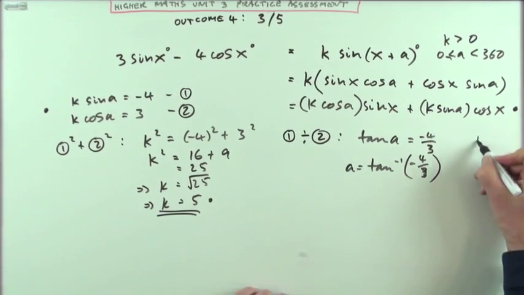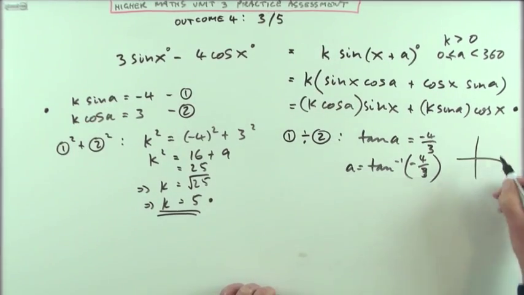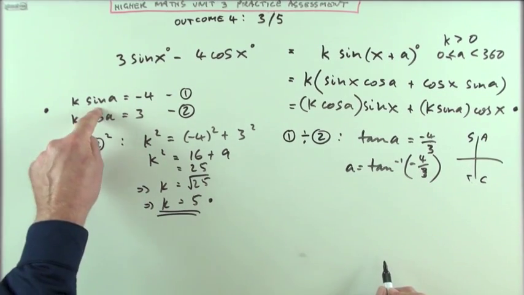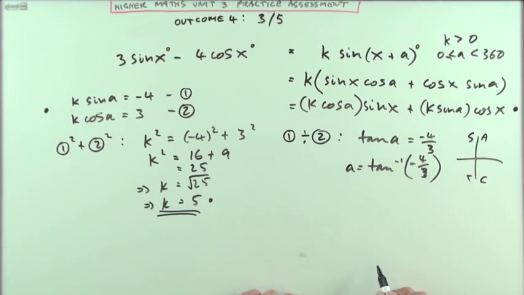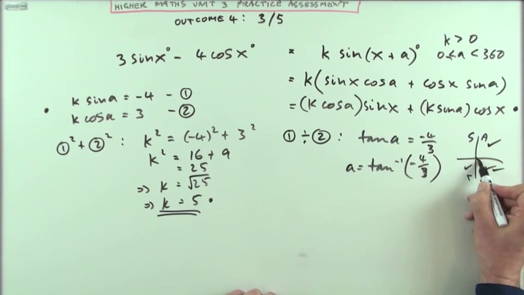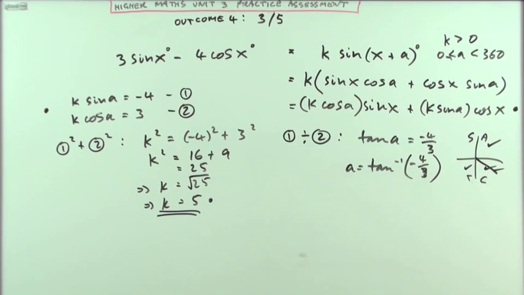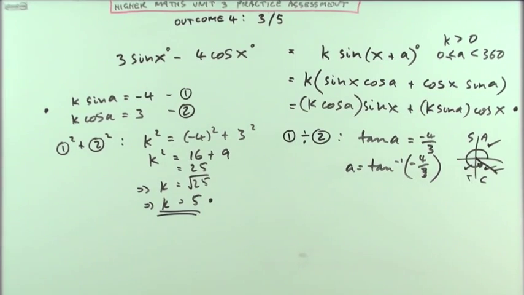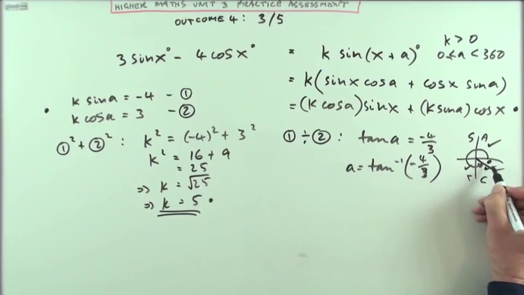But you can get that just by checking these numbers here in your CAST diagram: all, sine, tan, cos. This says the sine is a negative amount, so the angles will be in one of those two quadrants. This says the cosine is a positive amount, which means the angle will end up in the fourth quadrant. So the angle you require will be this big reflex angle, where this angle here will be the acute one